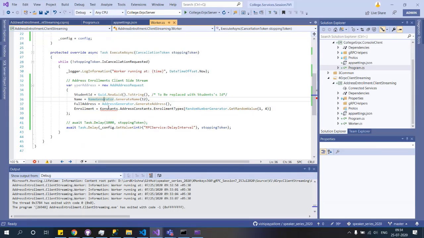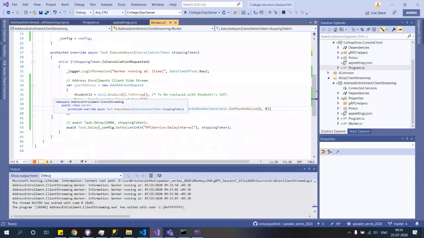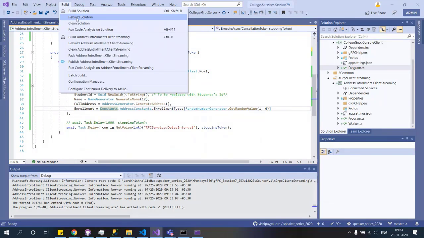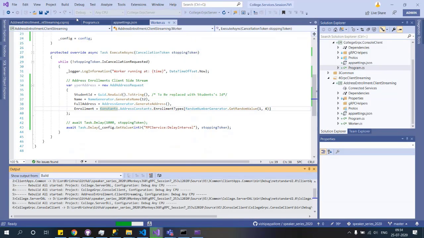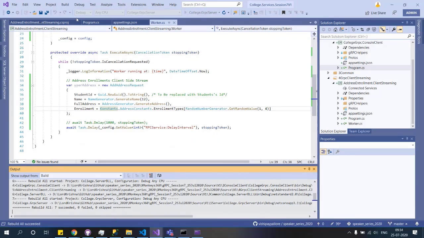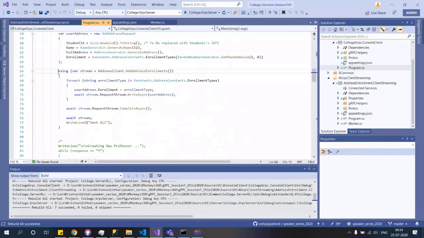All the packages are there. That's also from common. Let's build our service. Cool. It's building everything. Everything is well. So we'll go and grab the second portion from here.